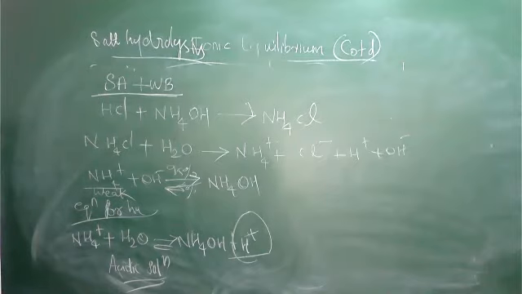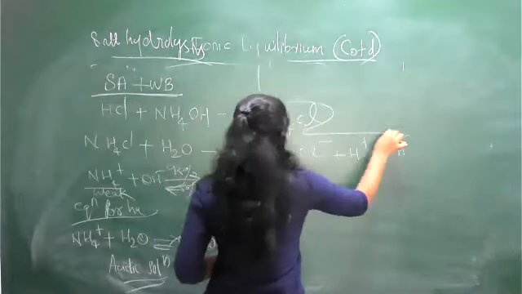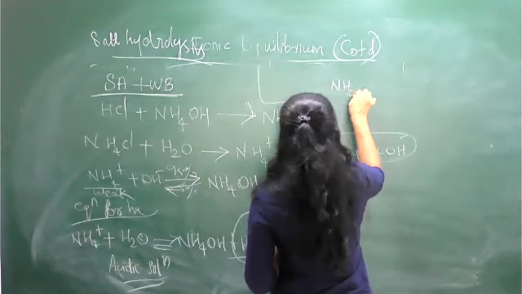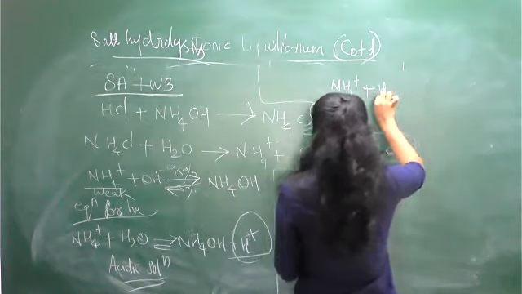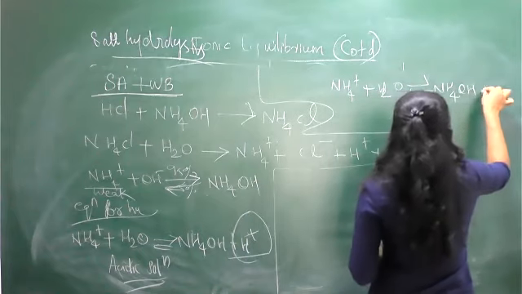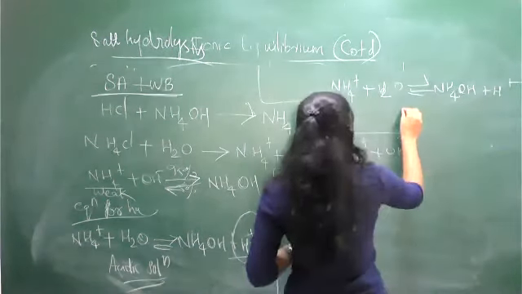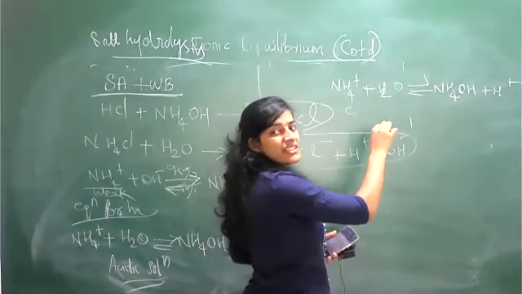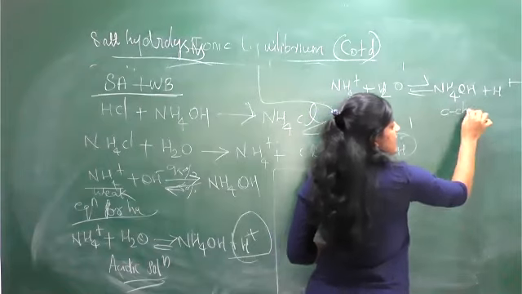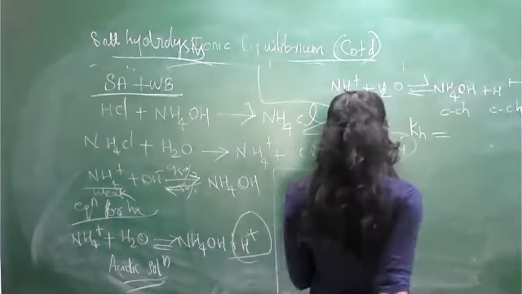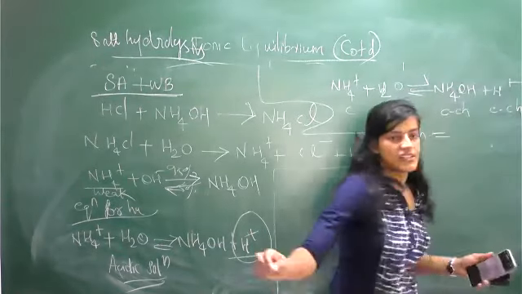Okay, the next procedure. You want to find the pH, right? Before that we have NH4 plus and H2O dissociating to form NH4OH plus H plus. Then you can find the Kh value, because you add C here and C minus Ch here. After that you will get a Kh value. Tell me, Kh equal to, find out Kh.